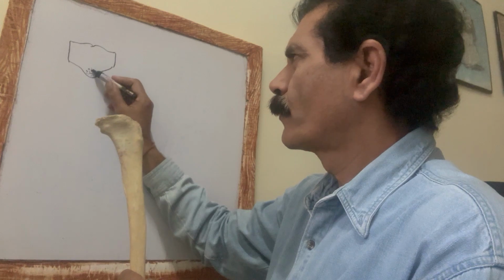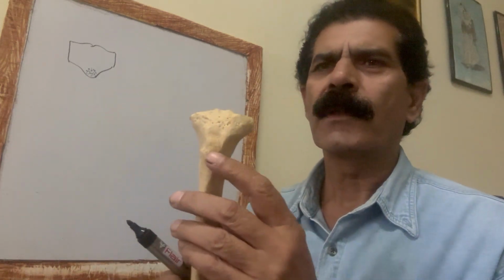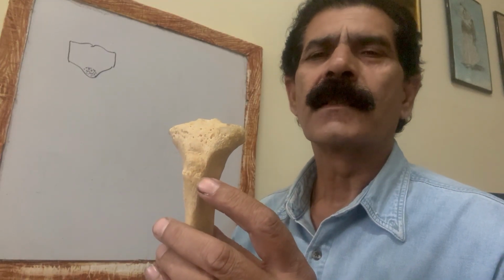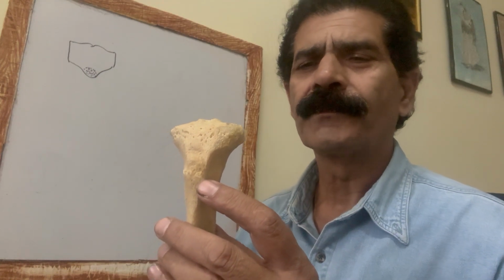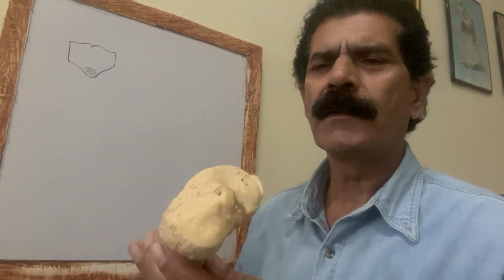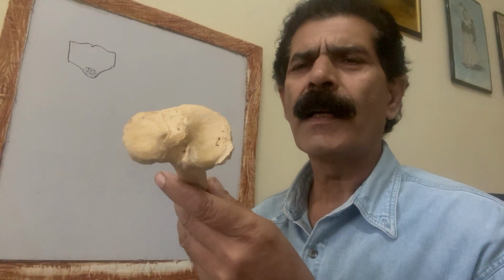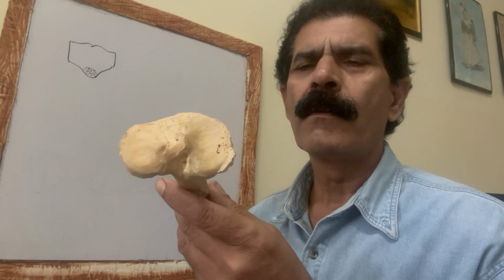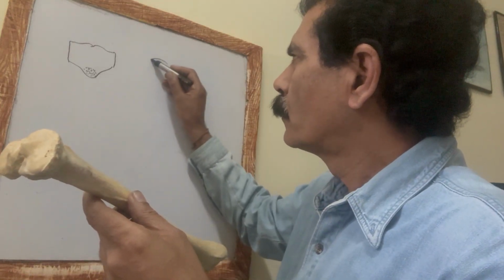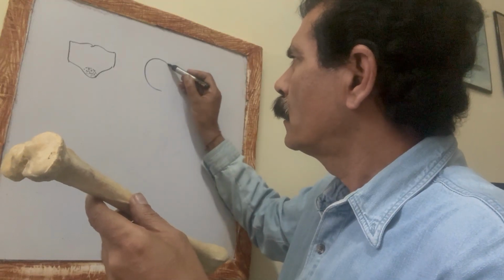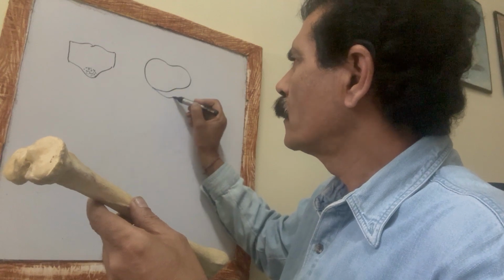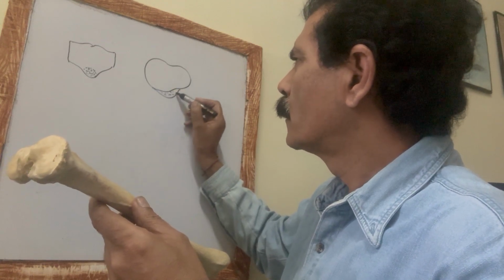the tibial tuberosity, which is subcutaneous, and it bears the insertion of the quadriceps femoris tendon. The superior surface of the tibia has two parts, which is a smooth and a rough part. This is the medial condyle and lateral condyle. If we see closely, this is the tibial tuberosity.